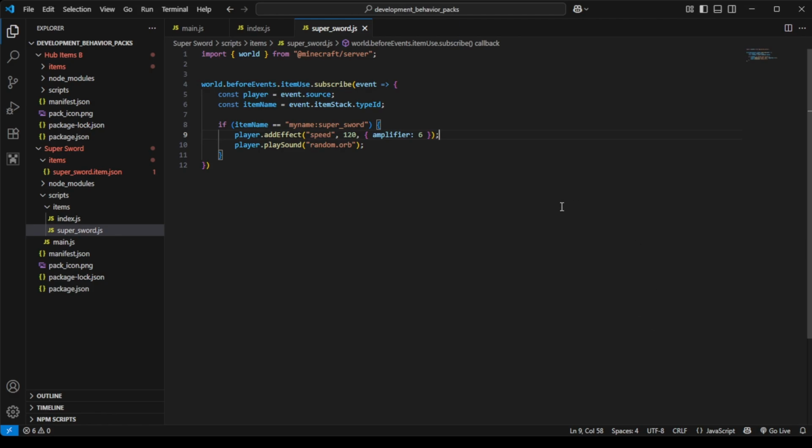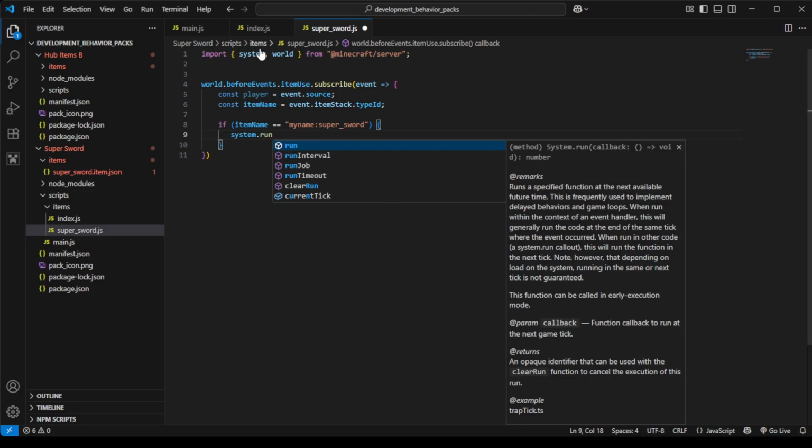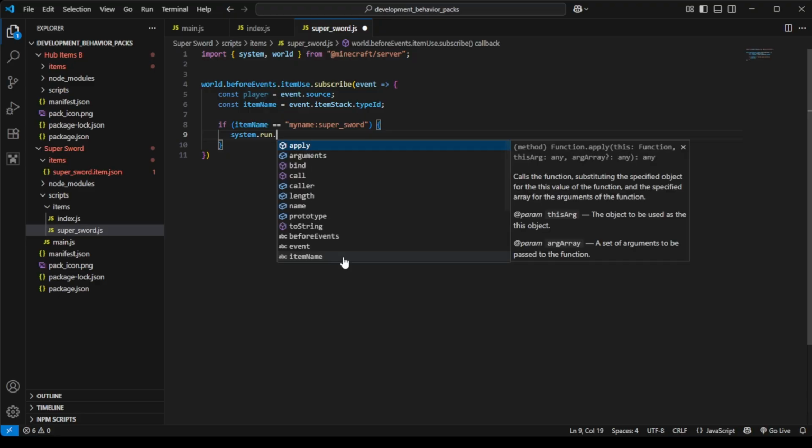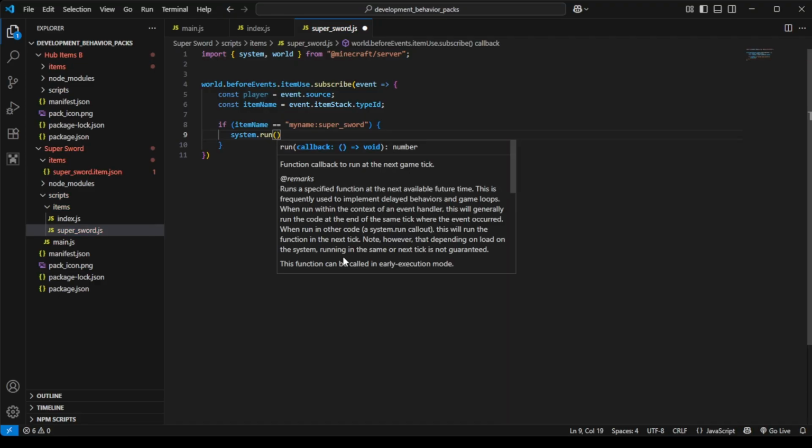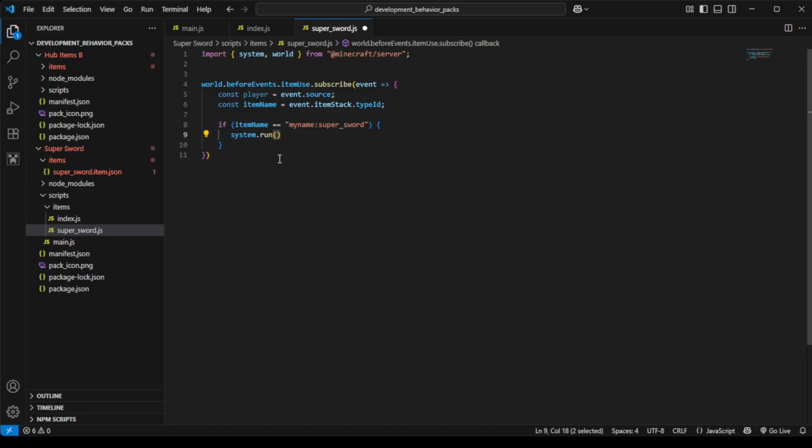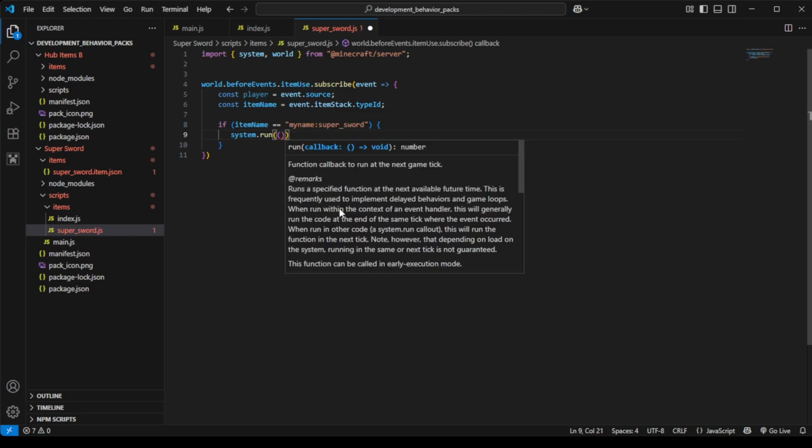So literally how we fix it is extremely simple. We're gonna actually just cut this out. We're going to do system.run. That's it. You also see it will add it up here. If it's not added up there, you'll just have to add system, then put a dot, and then do .run. Then since it's a function, we need to put these parentheses. Now this is the callback, and then you're gonna put another row of these because that's the callback. Then go over one, space,